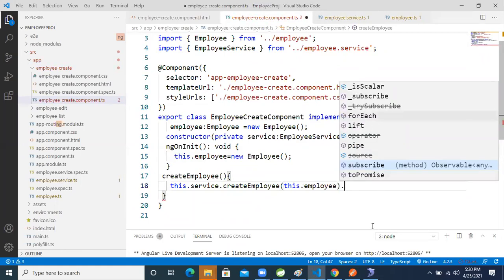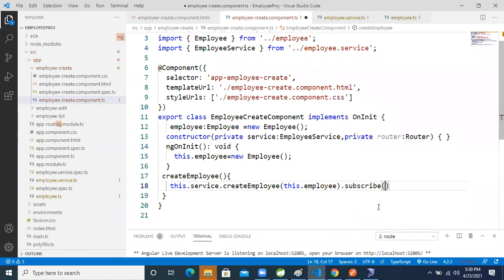After hitting that method, the service class method will return data in memory, which is an Observable. To read that observable data in our application, we call the subscribe method.